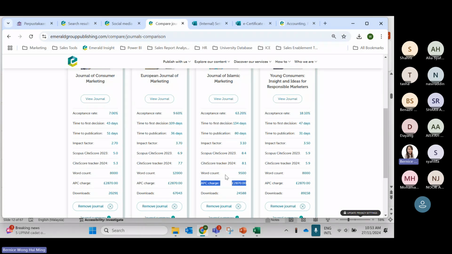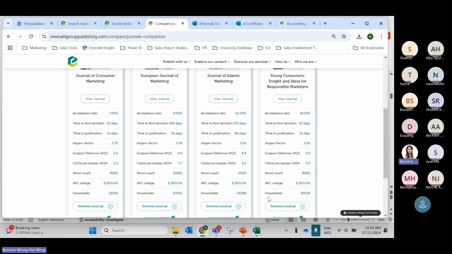You do not need to pay anything. So you just ignore this APC charge. This one is only charged for open access. So the downloads from each article, each journal, this is the download information. So of course, different authors will have different preferences. If let's say you are the new author, normally they will go for the higher acceptance rate.